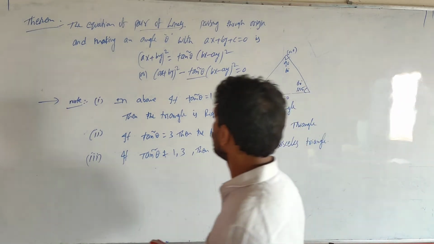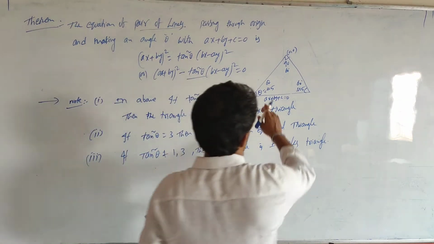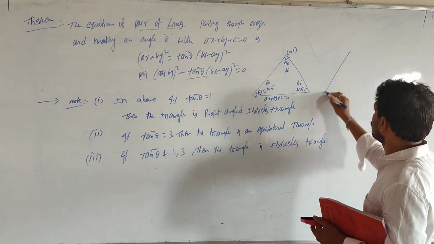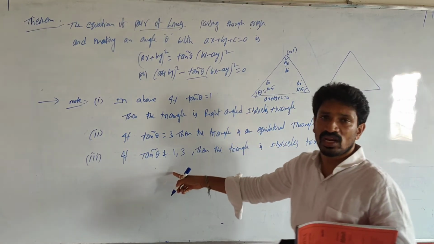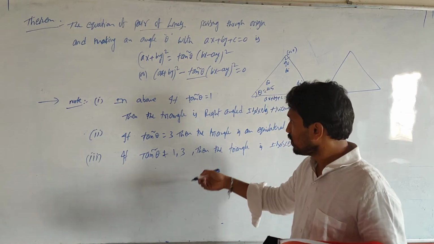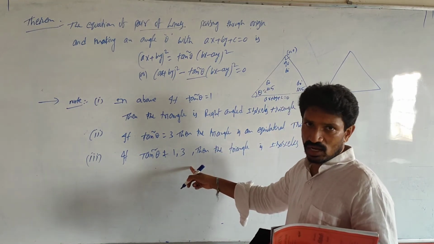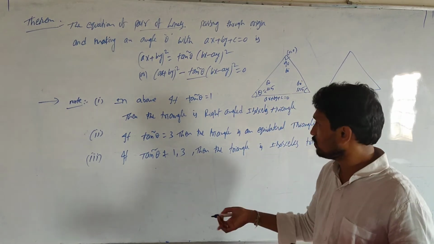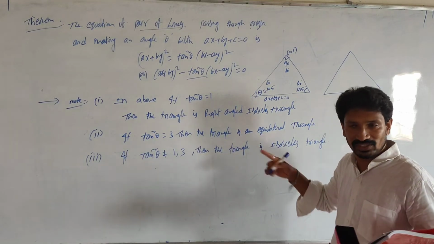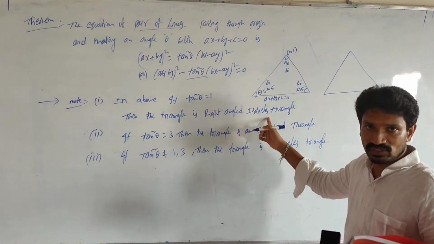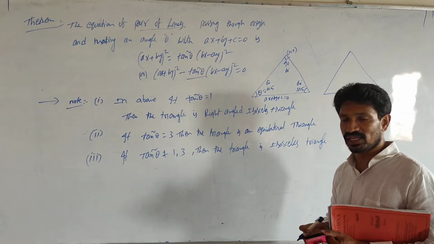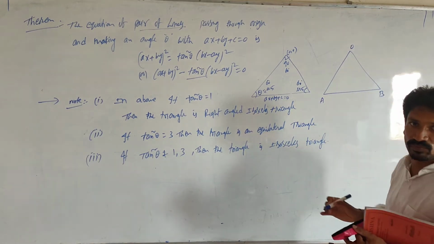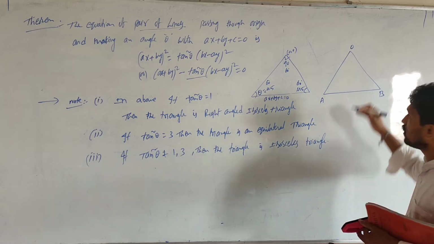Okay, next one. What about the area of this triangle? What is the area of the triangle? Anyhow, whether it is 1, 3, or not equal to 1 or 3, this triangle is very clearly isosceles. Equilateral triangle is isosceles in the sense that it satisfies it. It is right angle isosceles also. In all these three cases, it is an isosceles triangle only. So let us take this is O, this is A, this is B. We are going to find the area of this triangle.